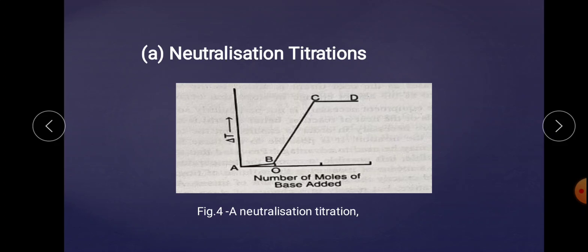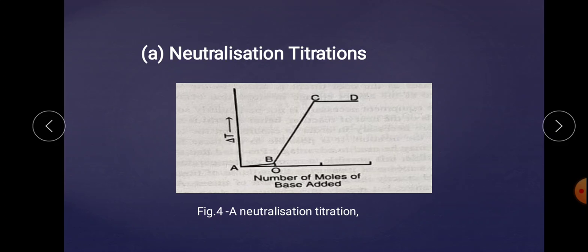We know that when there is a reaction of acid versus base, neutralization takes place, and that point is observed by simply titrating acid versus base using a particular indicator. But in a thermometric titration, the same type of titration can be carried out without adding an indicator. In this, we are just checking the change in temperature with respect to the continuous progress of the reaction. This is the thermogram of a neutralization titration.